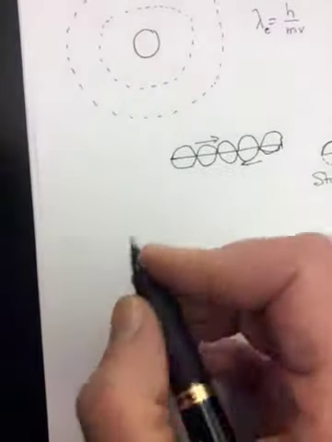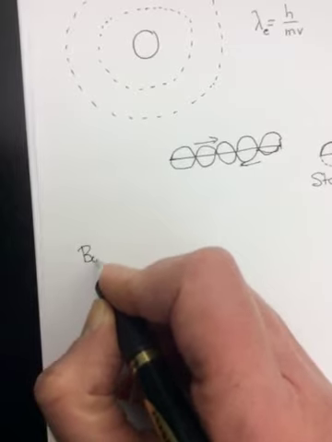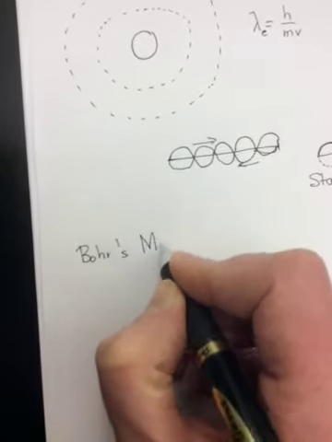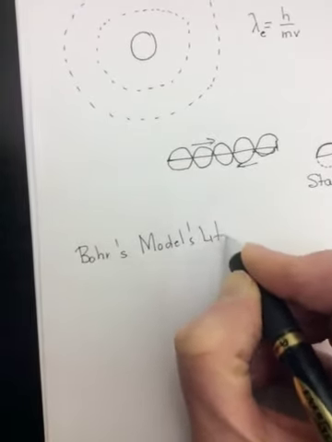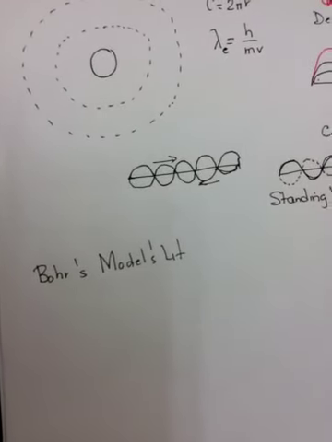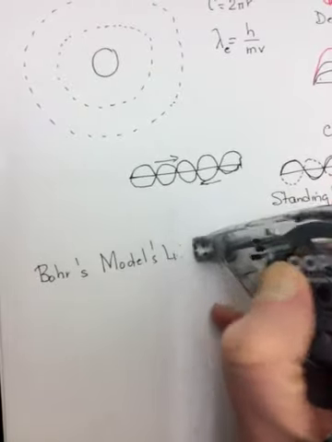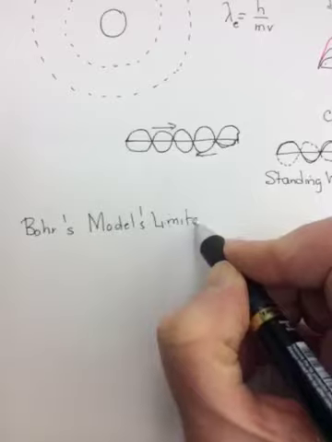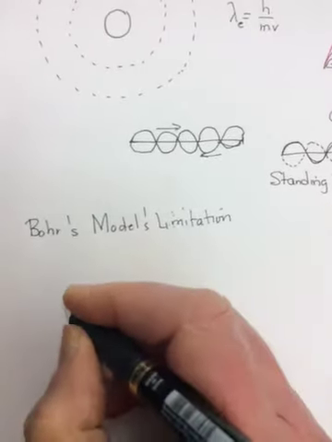Okay? The second piece we need to do is what are the model's limitations. So Bohr's model limitations. Whoops, it'd be good if I could spell limitations. Okay, and there's three really. The first limitation, and I'm going to say it and you won't understand it till I explain it for a minute or two,